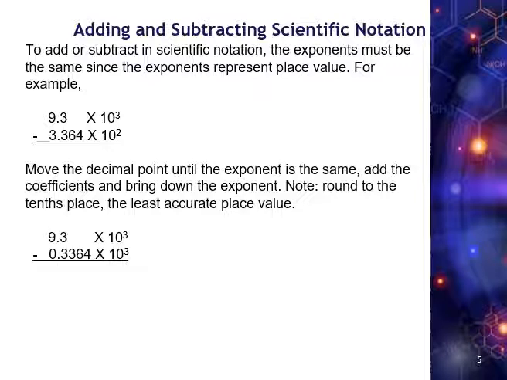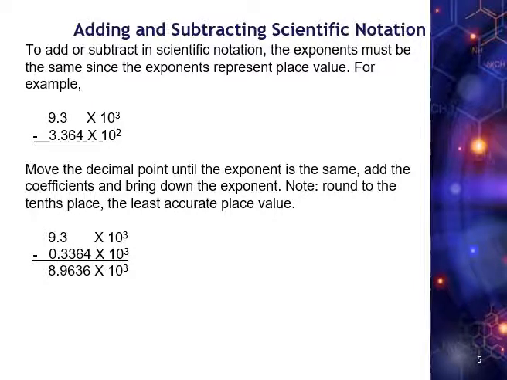9.3 times 10 to the 3rd minus 3.364 times 10 to the 2nd. We move it one place to the left, which makes it 10 to the 3rd. So 9.3 times 10 to the 3rd minus 0.3364 times 10 to the 3rd is, on our calculator,